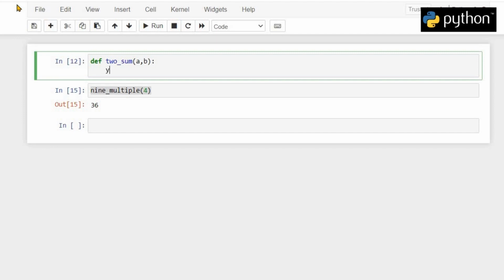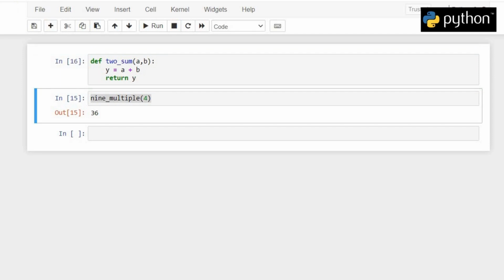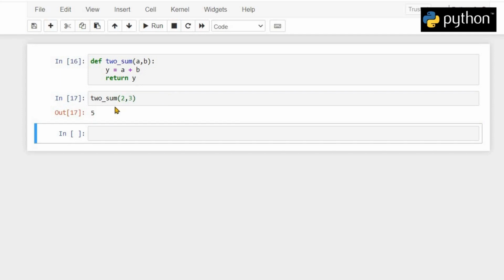It sums a and b and returns the sum. Now if we call our function, toSum, with the arguments 2, 3, and if we run this, we get 5 as an output.